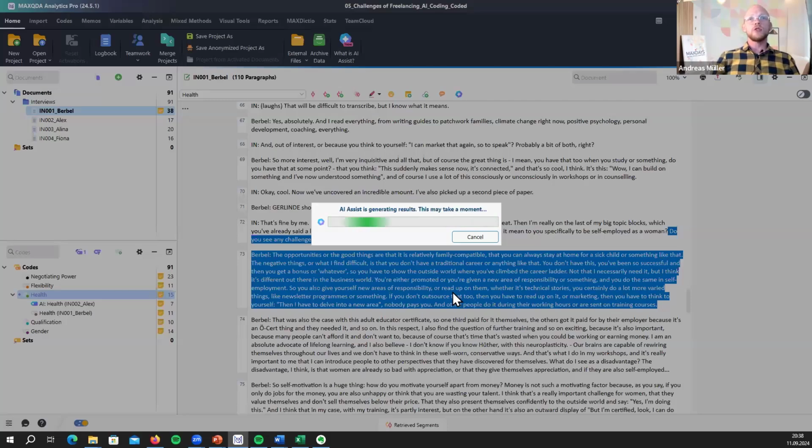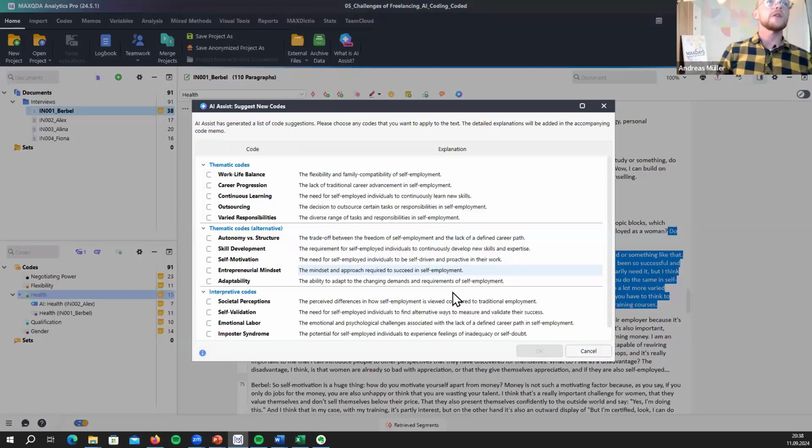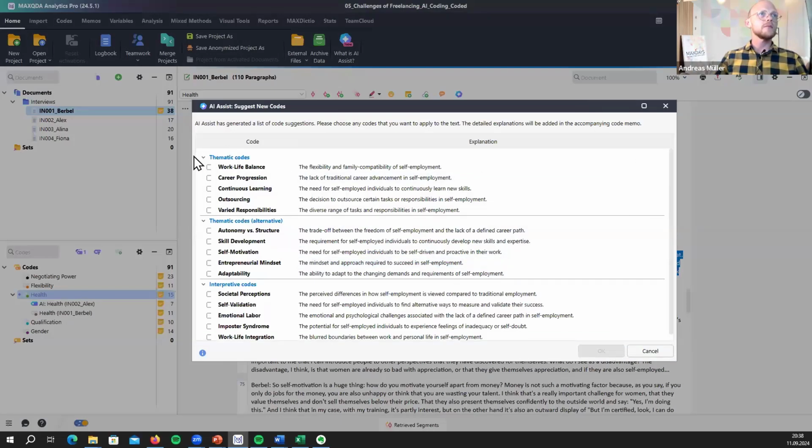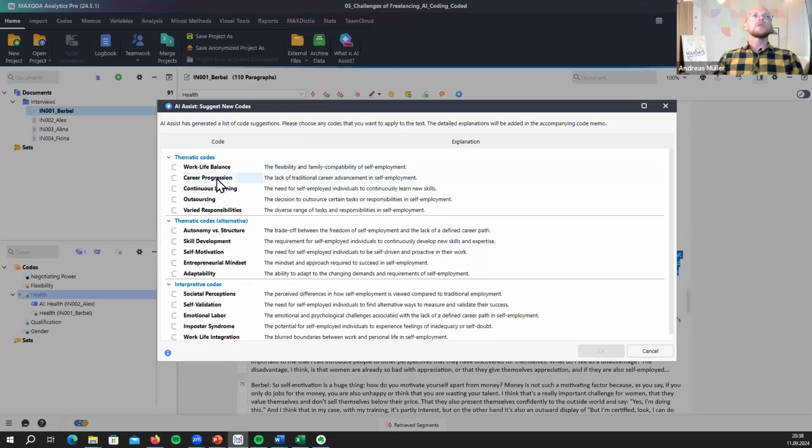What challenges do you see? And she mentions, yeah, it's flexible, but what is her negative points? You don't have a traditional career path. So here we see this. It's not perfectly formatted for some strange reason. So what we see here is thematic codes. It suggests not one code, not two, but 3 types of codes. The thematic codes that are very descriptive, then alternative ones that are a bit more general, and interpretative ones,